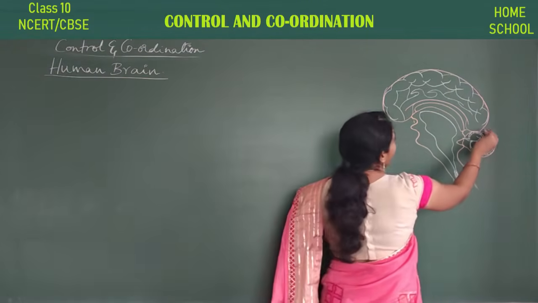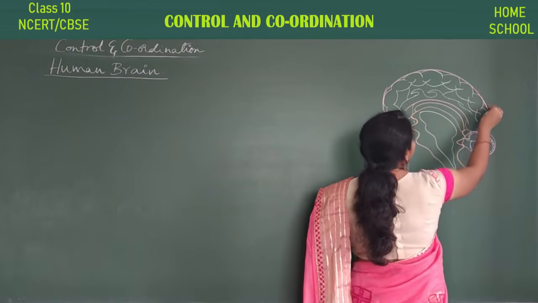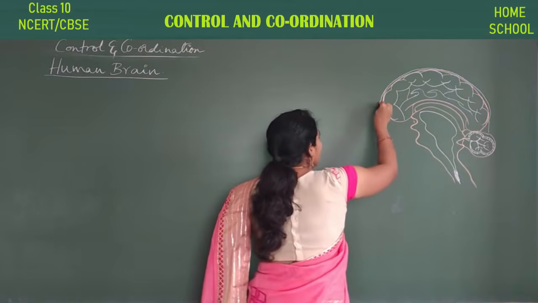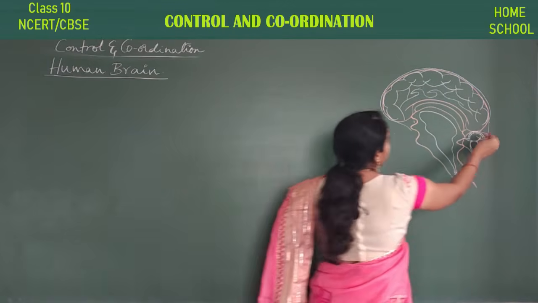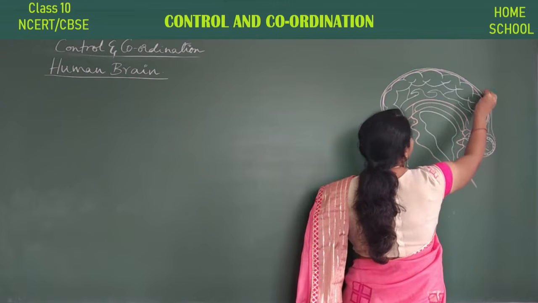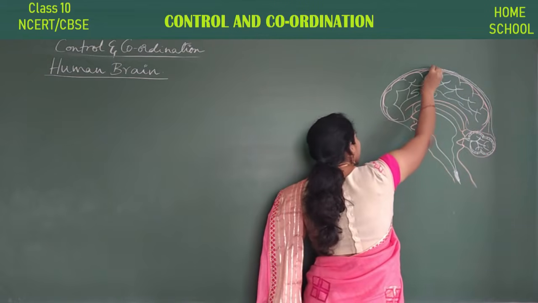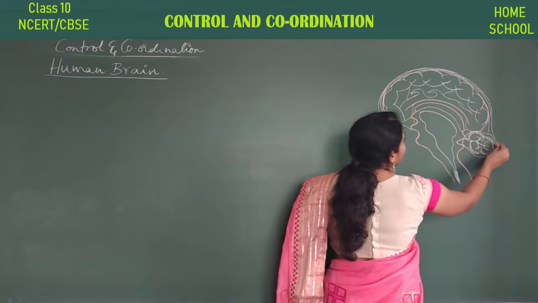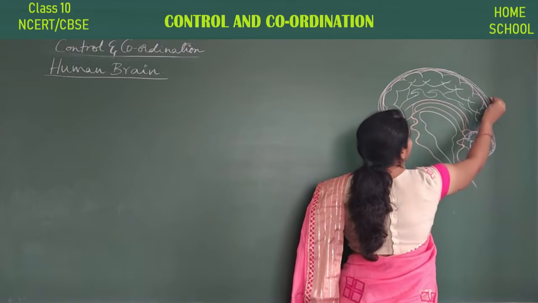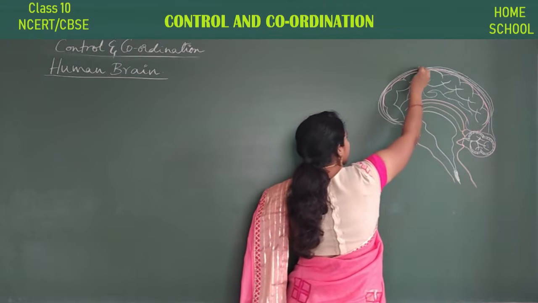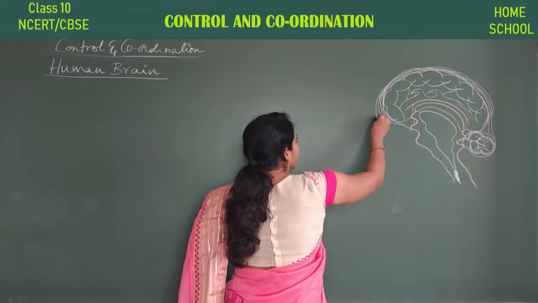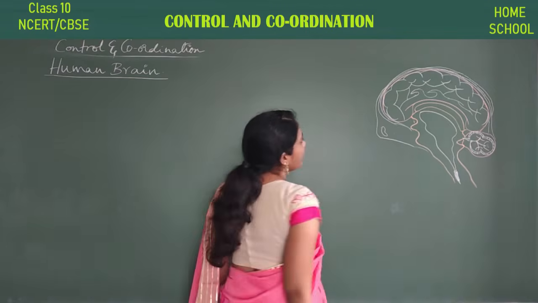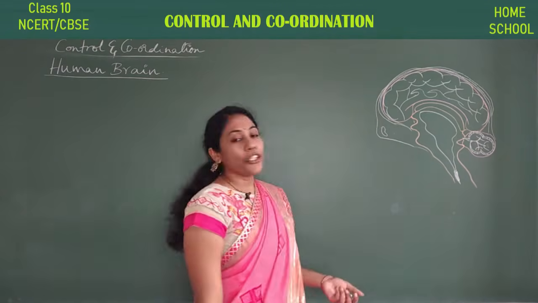And now just some coverings I am showing you. Like these are the protective coverings actually. Brain is a very delicate organ, isn't it? So definitely it has to be protected with many layers. These protective layers are called as meninges. Anyway, later we will study about these meninges. Okay, so just 3 layers I am showing you, thin layers. Okay, then you see something like this, protective layers, that's it, right? So this is your human brain.